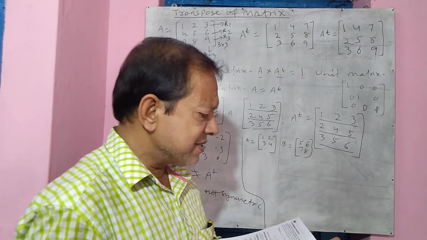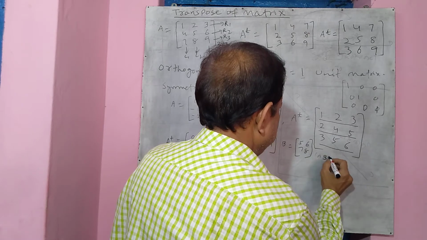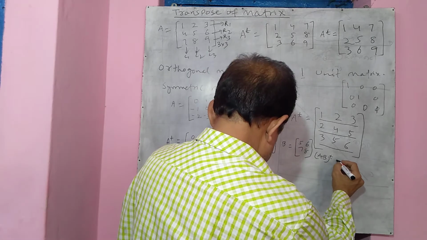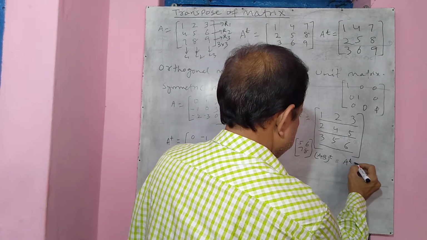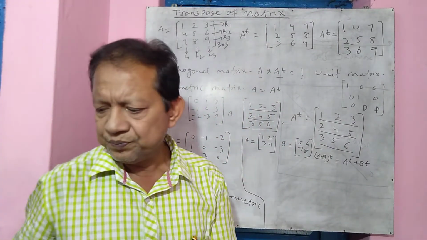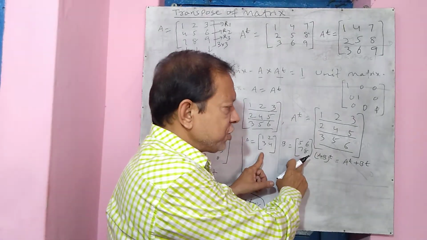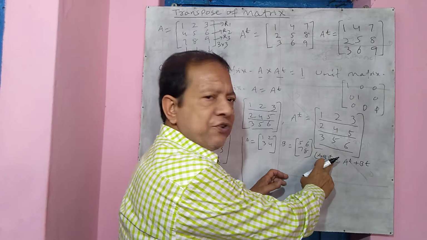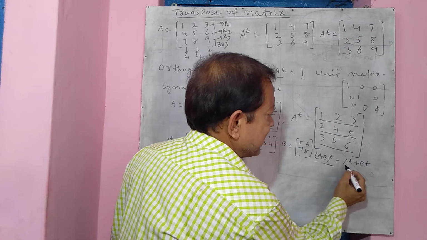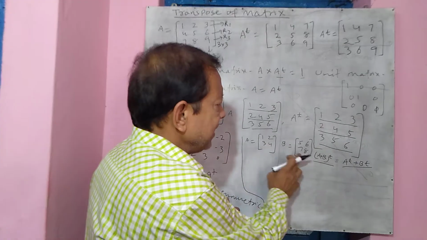So now the question given is, find out that A plus B transpose is equal to A transpose plus B transpose. Now if this is the question, what will you do? You have been given a matrix A and matrix B. So here, A plus B transpose is equal to A transpose plus B transpose. You have to find out, this is LHS, this is RHS. First let us find out A plus B transpose. This is A, this is B.